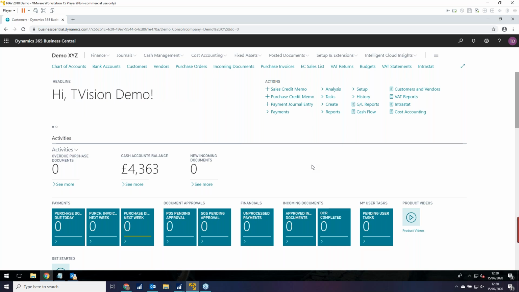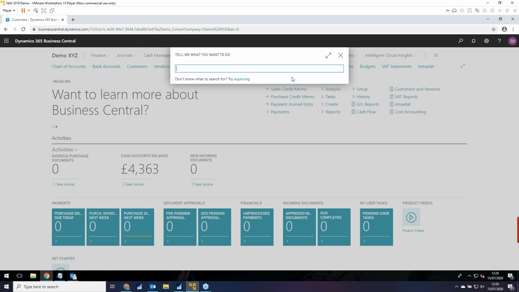It's not always possible to get the source of the problem, the source company, to fix their issue. Maybe their accountant's off sick and they've got nobody who can do it. And then you have to do something in the parent company. So what I've done here, I created a general journal just to fix a minor issue posting between these two companies. And if I go back to my business units,